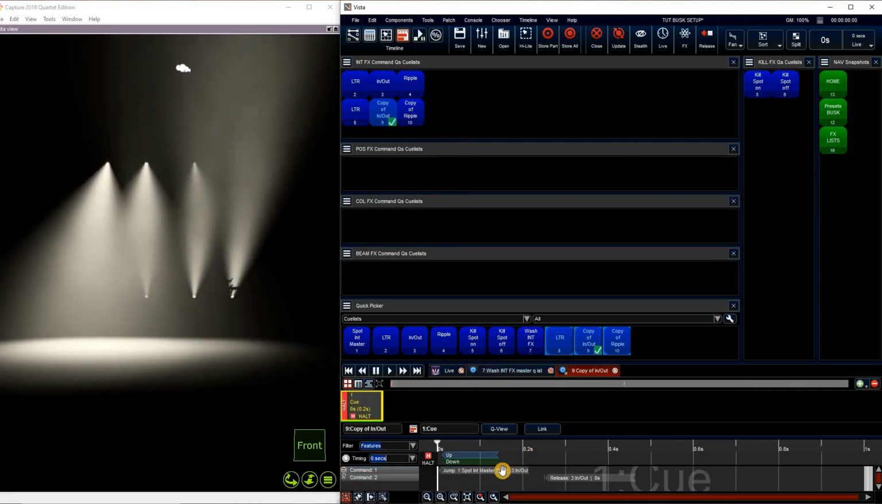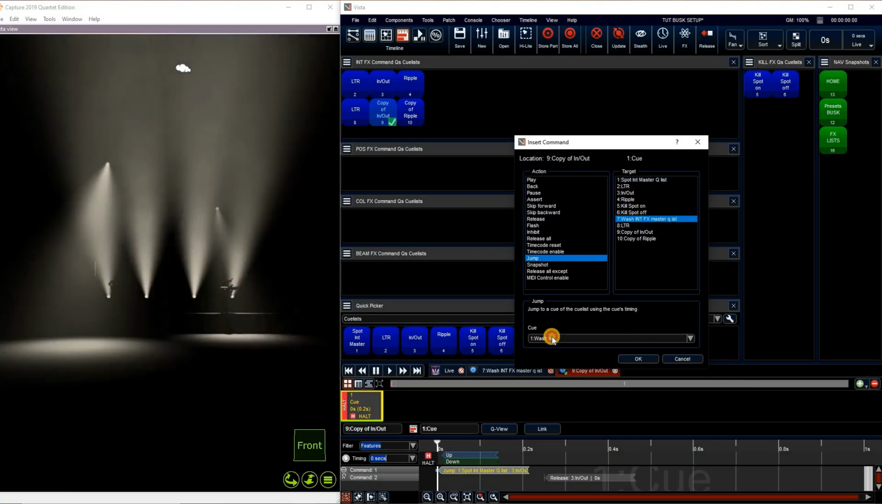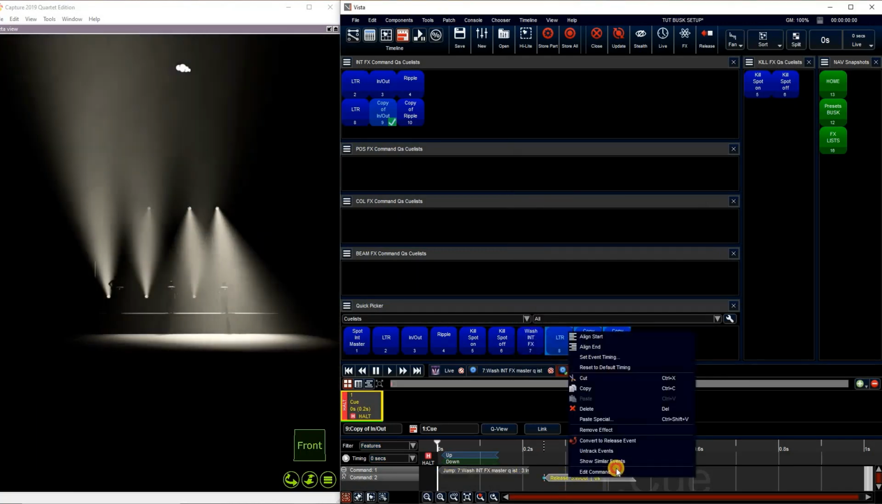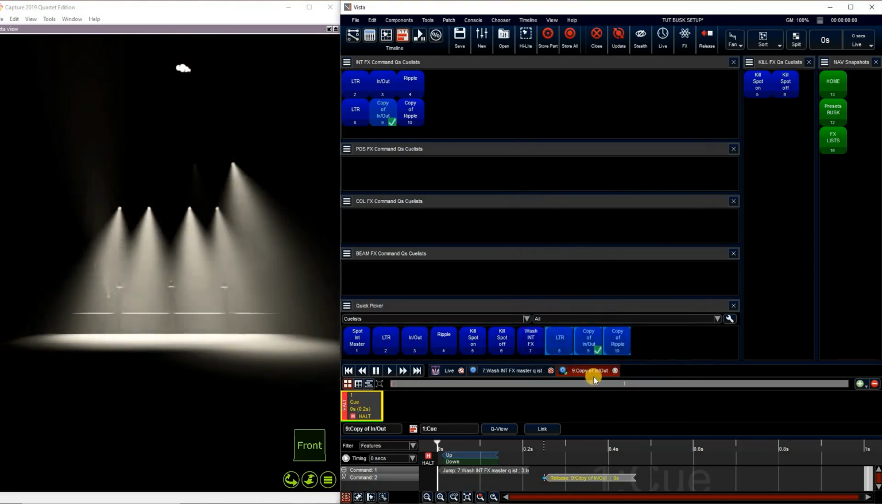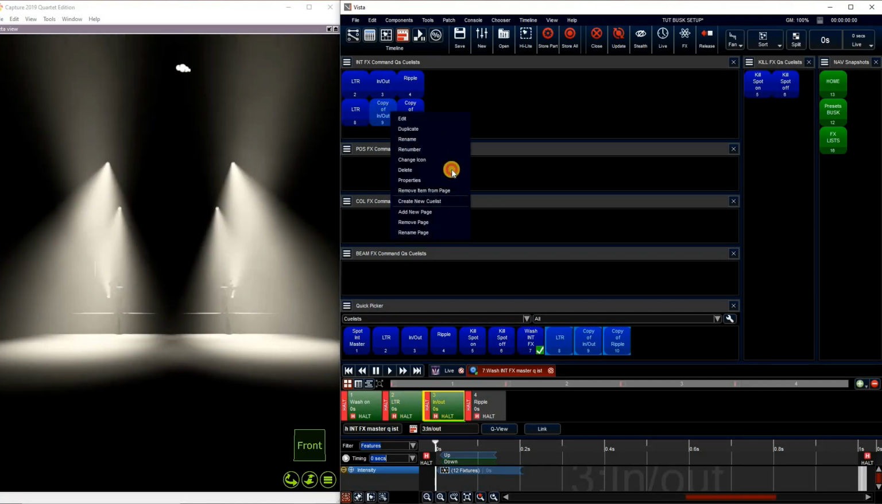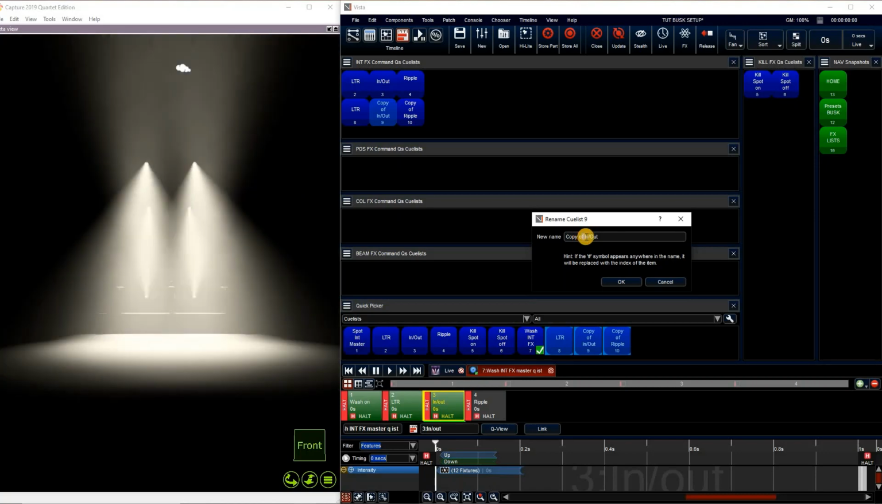So for the second one, again, we're going to go to edit, right click, edit command, select the wash master list, in and out, hit OK, release, copy of in and out, OK. Close that, and then there we go. Tested it, rename it, get rid of the copy of,